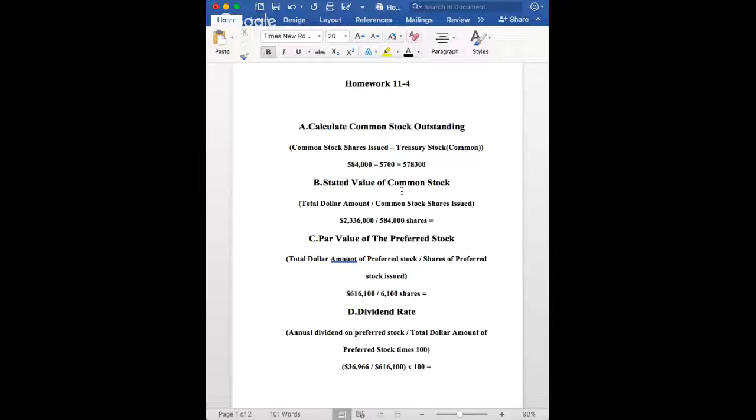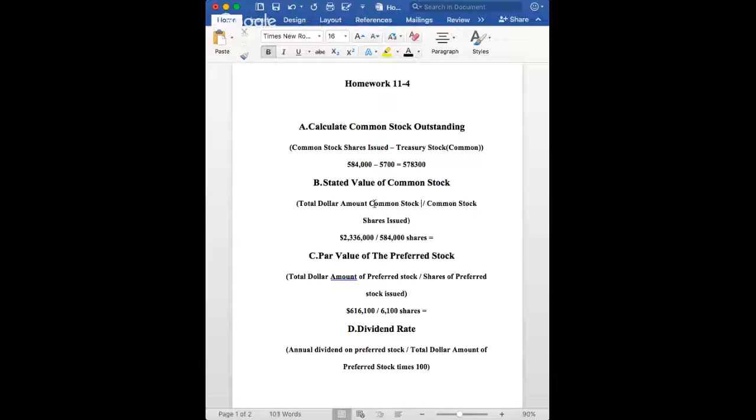The second thing it asks us to do is to state the value of common stock. The way we do this is the total dollar amount, which is listed off to the right-hand side of the balance sheet for each individual item. So this is the total dollar amount for common stock divided by the common stock shares issued. Here we have $2,336,000 of total dollar amount for common stock and 584,000 shares,